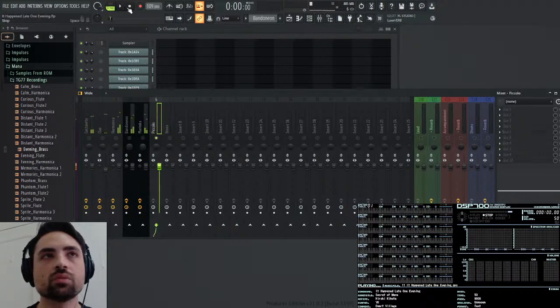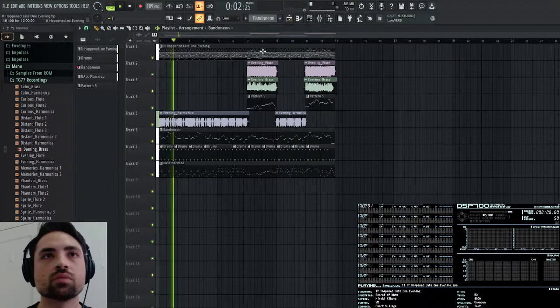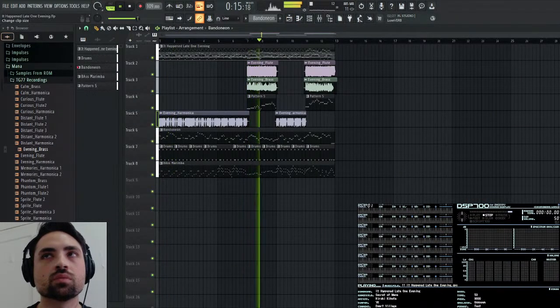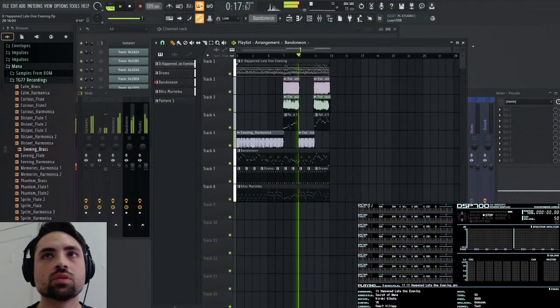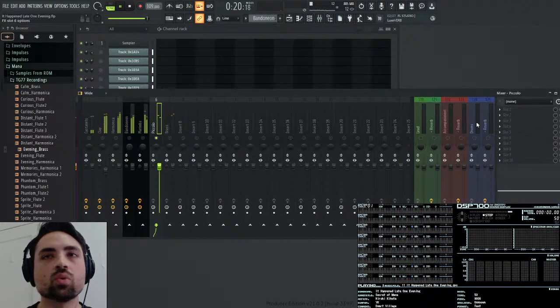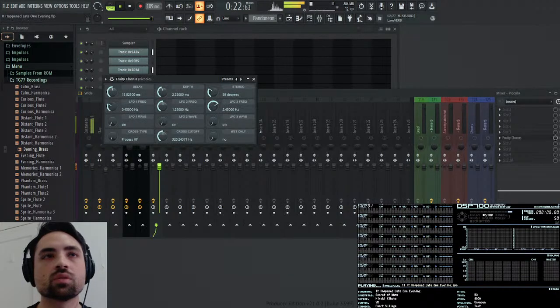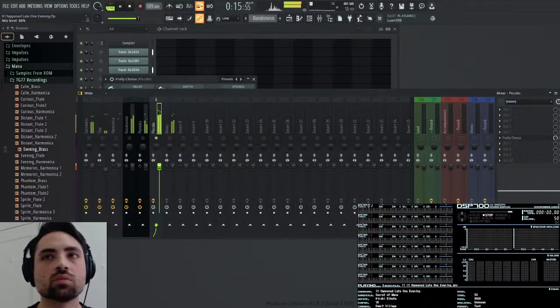Now the piccolo. Definitely want some chorus on that. And I also want to raise the highs on it. Yeah, get that raspiness.